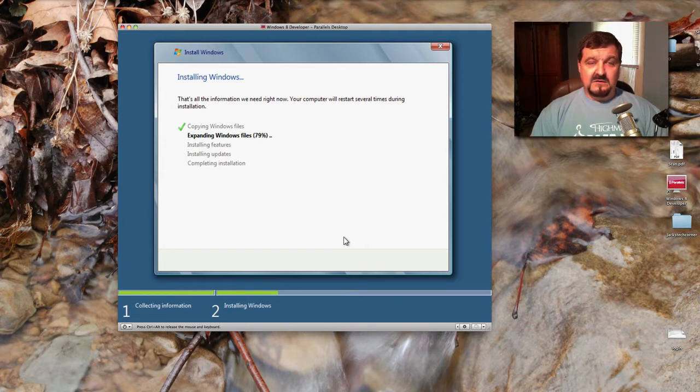So let's see here, though. But there's no way that I found so far to turn these new features off and to go back to the normal way of doing things. So if you are a computer user, you've been a computer user for years and you're educated in the way it works now,